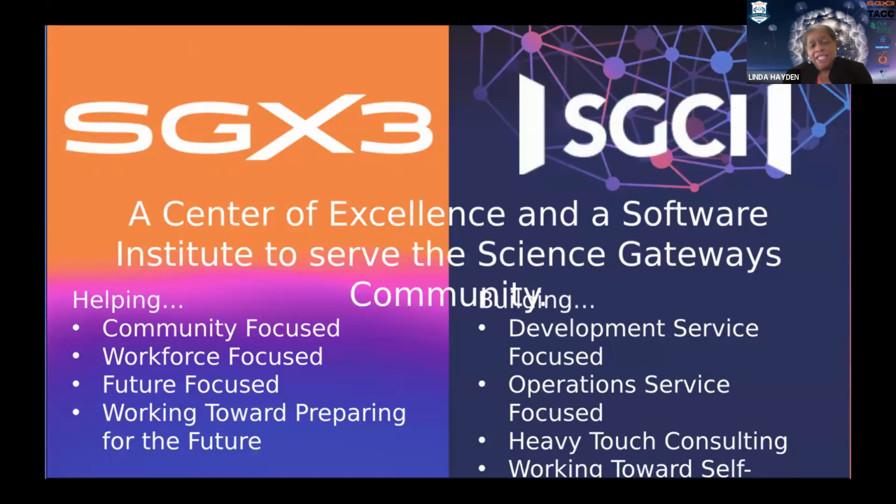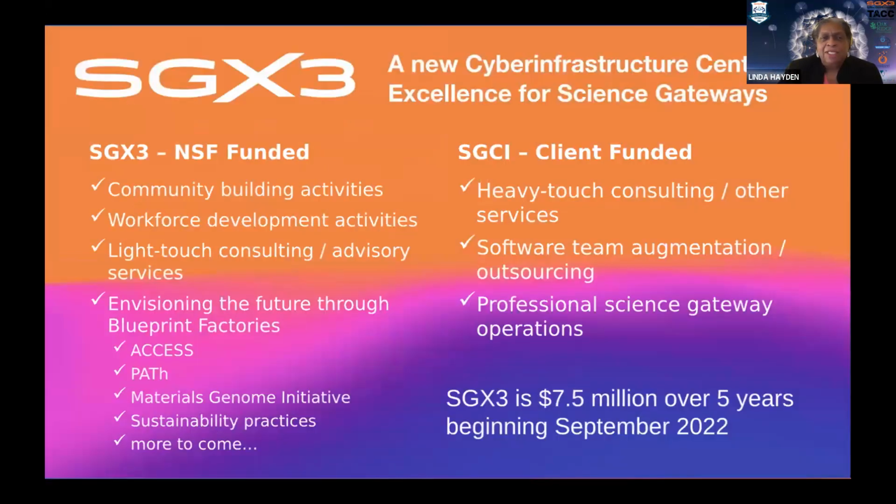So SGX3 is community focused, and it's workforce development focused, and it's future focused. And so we work towards preparing for the future in SGX3 as opposed to maintaining existing gateways or helping to create some gateways. SGX3 is NSF funded